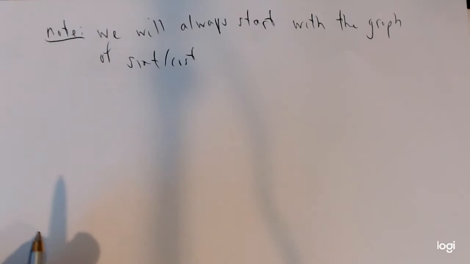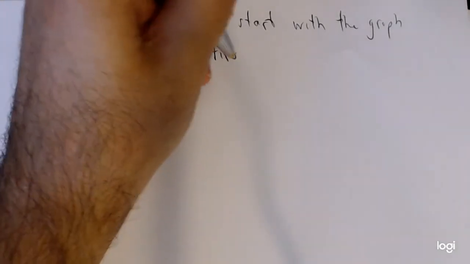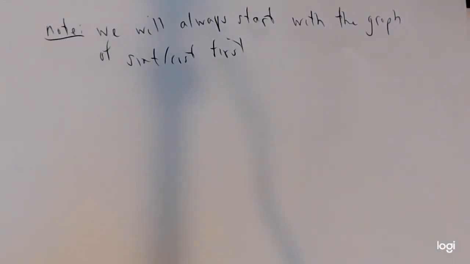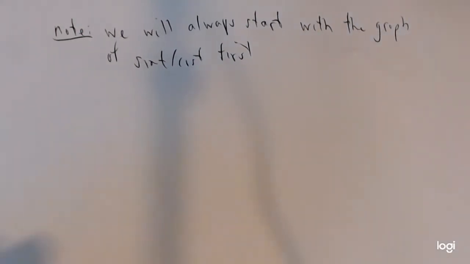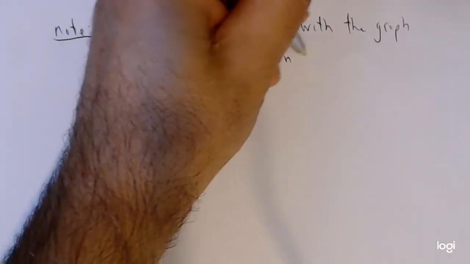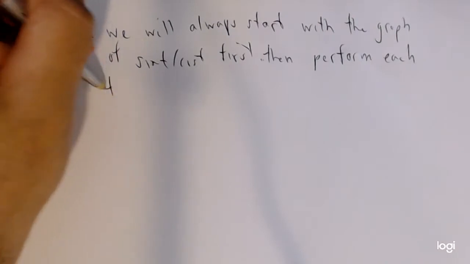So it might be sine or cosine. First, the most basic one. We all know, hopefully by now, that we can graph sine and cosine without any problems. We'll do that first, then we'll perform each transformation